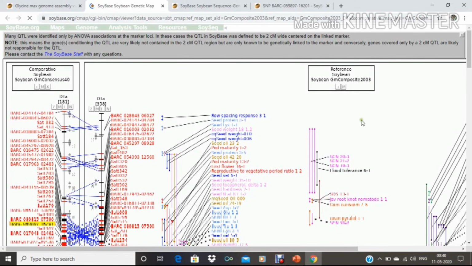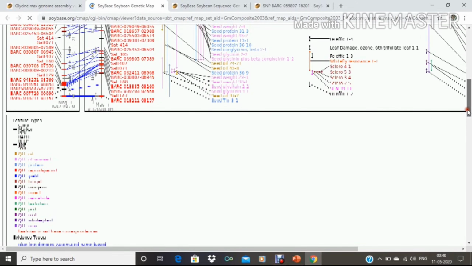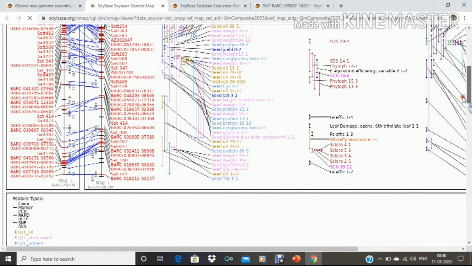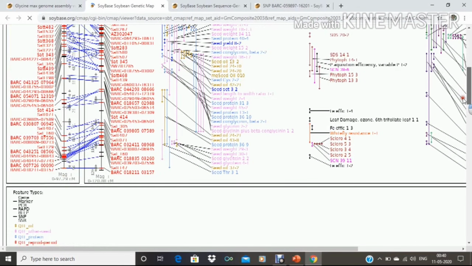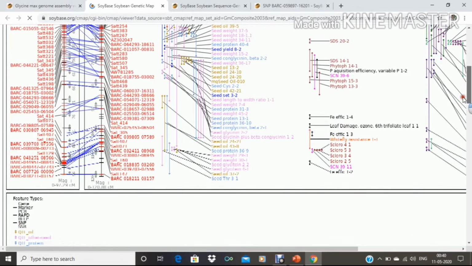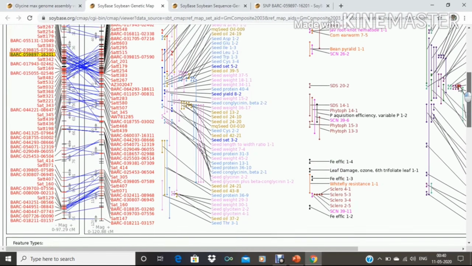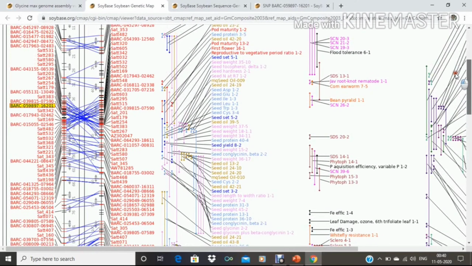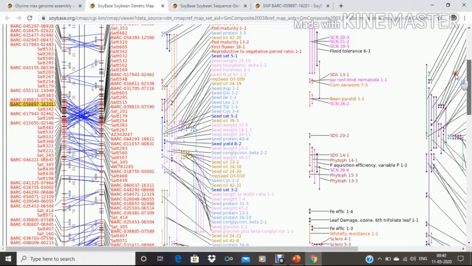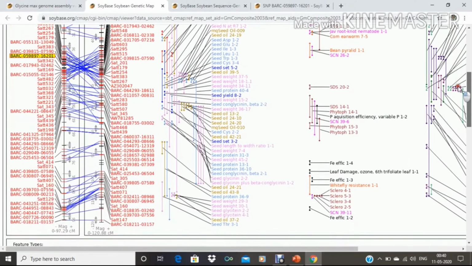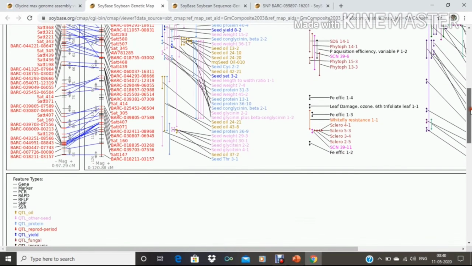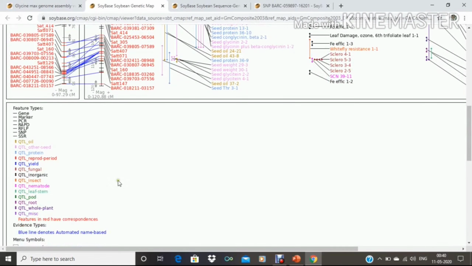Here we can see the different features like PCR, RAPD, RFLP, SNP, SSR, and here we can see different colors are used, and each color denotes a different QTL.